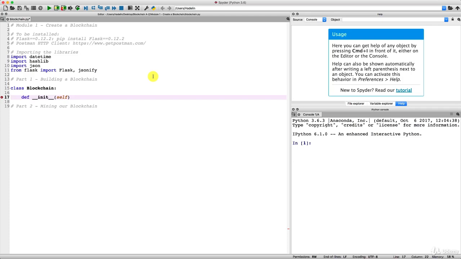Because once we're done making the class, we will create an instance object of this class, which will be the blockchain itself. And that's another great purpose of making a class: when you make a class, you can create as many objects as you want. And this self here, we will use it to specify that the variables we'll introduce, preceded by self, will refer to the variables of the object.